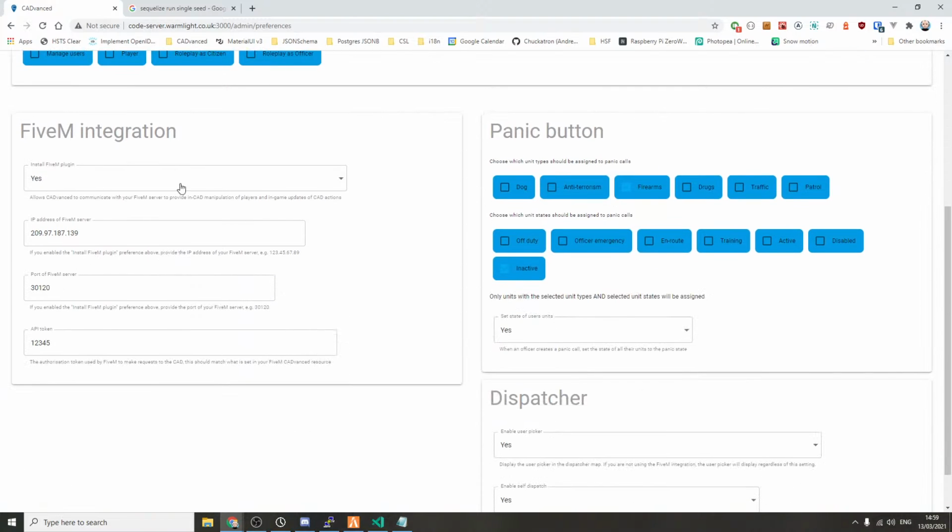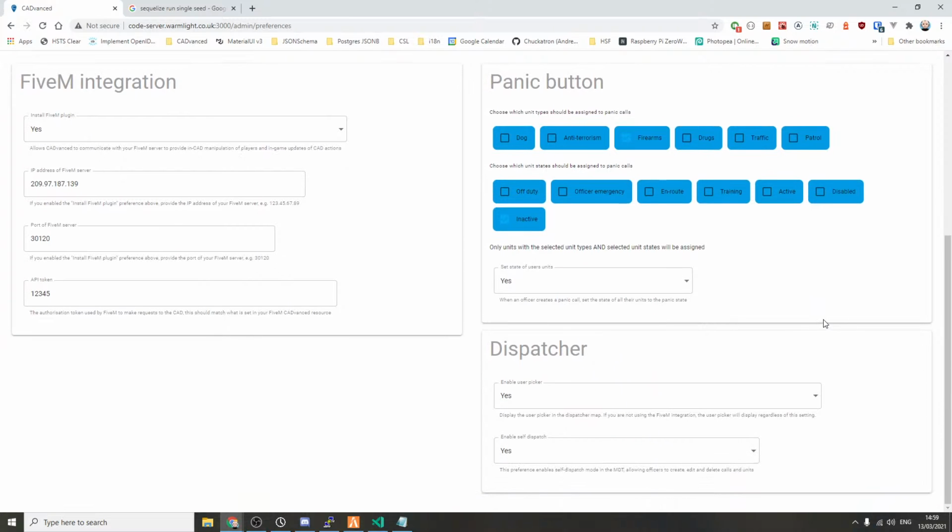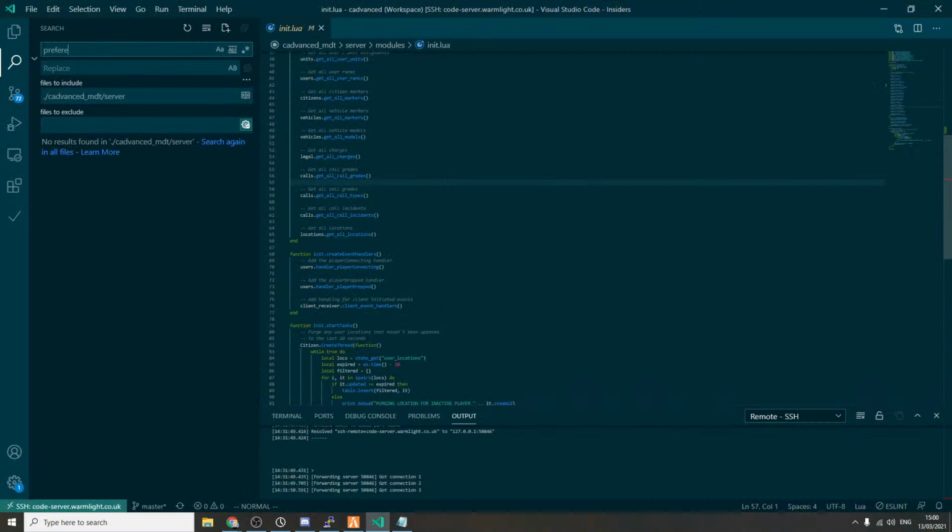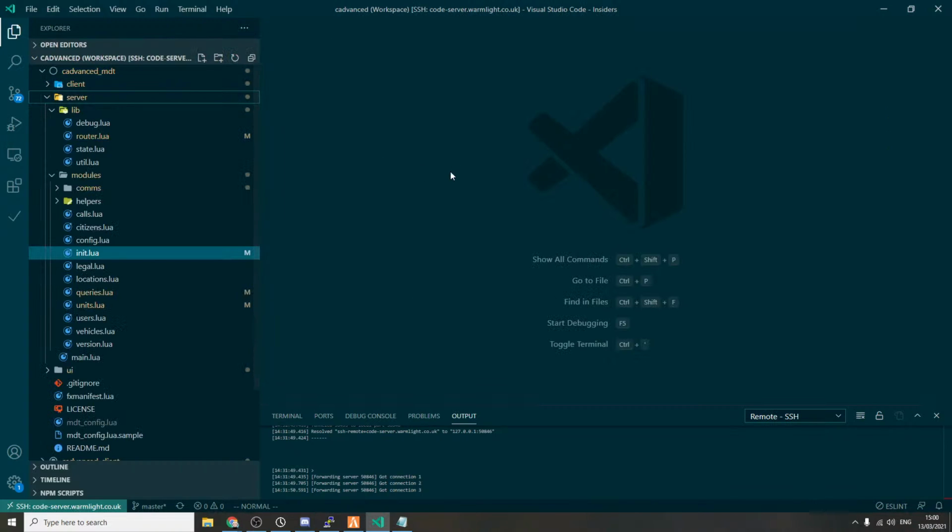New user roles is CAD only, 5M integration. This is stuff that's only used by the CAD, I think. Yeah. Panic button. No, that's stuff that's used by the CAD. The MDT doesn't need to know about that. User picker is CAD. So it looks like, wow, I've completely misremembered how this works. So it looks like we've never had a need to send preferences